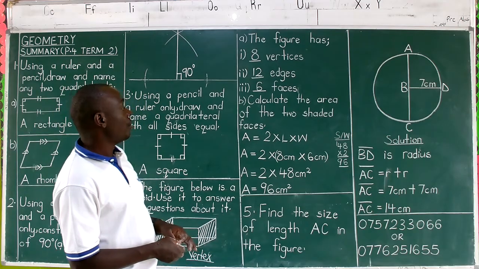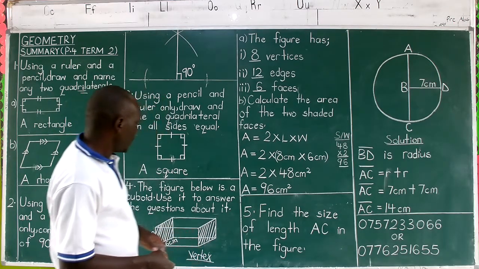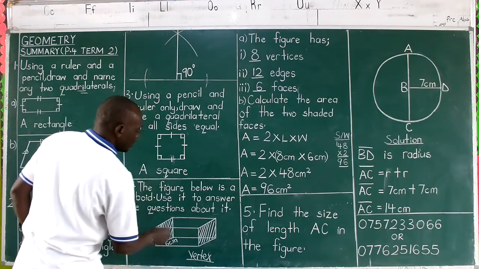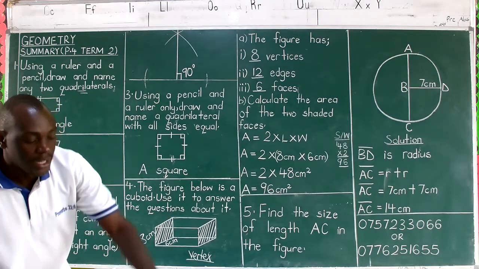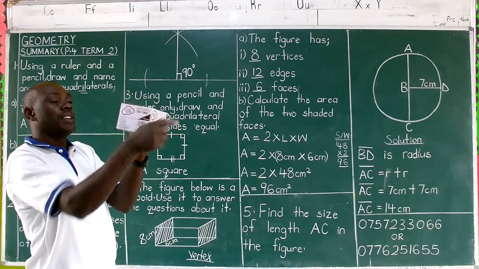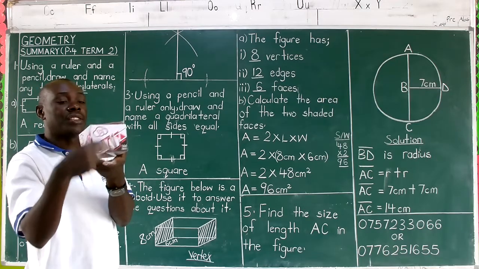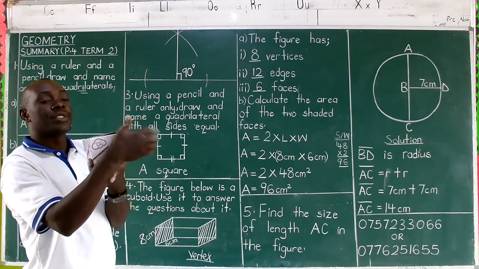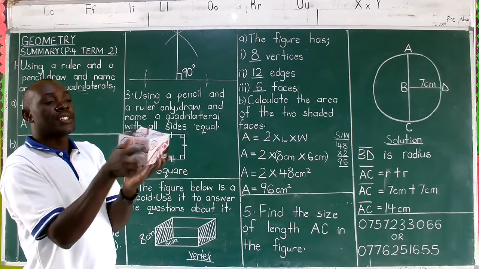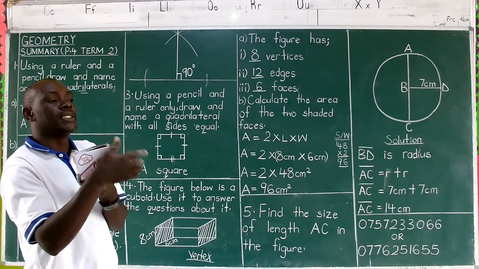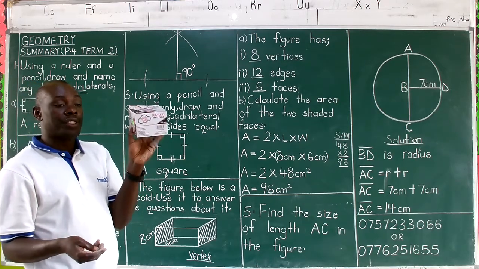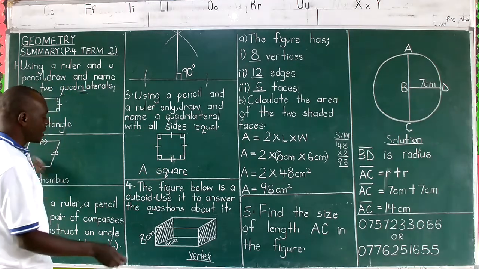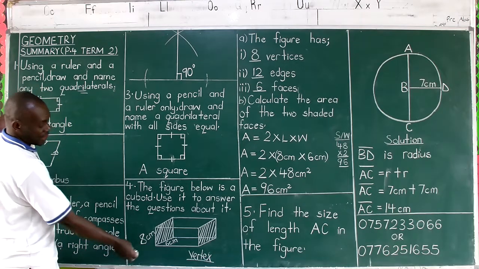Calculate the area of the shaded faces. You see the faces that are shaded. This one is shaded and this one is shaded. We are looking at a face like this and the other behind the side. So you will discover that this face is equal to this face. A face in front and a face behind are equal for a cuboid. So if that's true, we shall look at its measurements.